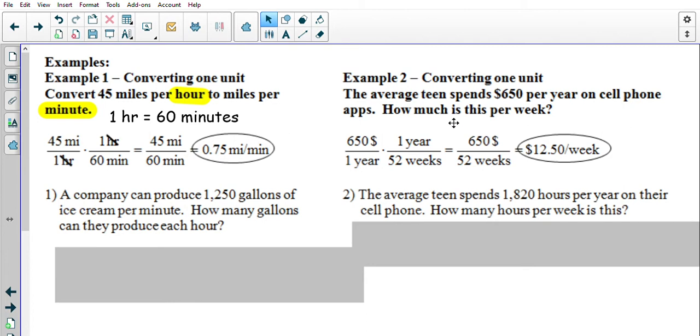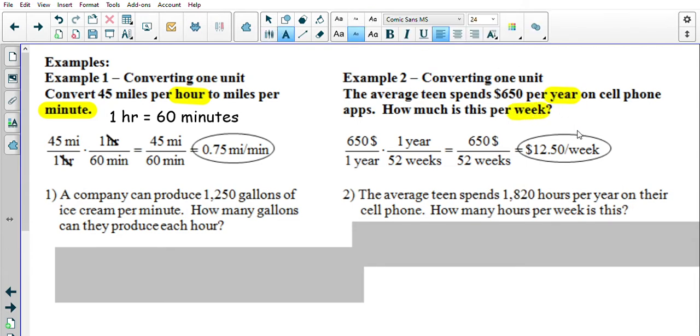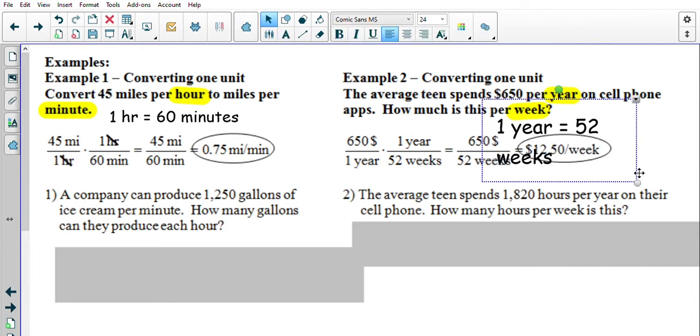The average teen spends $650 per year on cell phone apps. How much is this per week? So as we're looking at this, we're given a unit rate of $650 per year. We're trying to find how much this is per week. So we're converting years into weeks. So we need to recognize that 1 year is 52 weeks. And I'll make this a little smaller for us so it doesn't take up quite as much space. But if 1 year is 52 weeks,